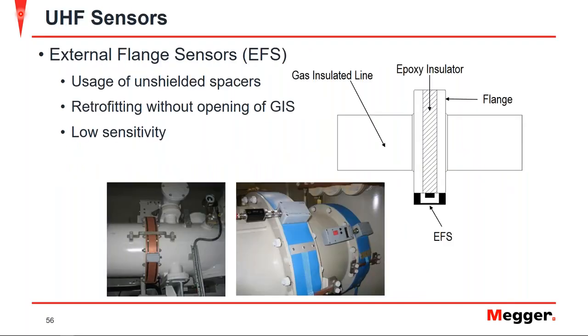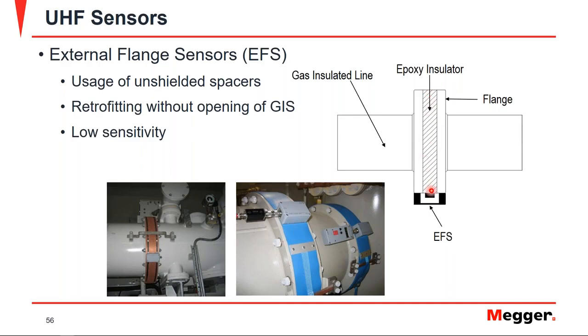And talking about those, here we have a couple of examples of UHF sensors, where first we have an example of the external flange sensor. Now, the external flange sensor is really good for retrofitting pre-existing GIS without opening it at all. So on GIS, you typically, on these connections here, have epoxy insulators. So you have your gas insulated line and your flange, but in the center of the flange, you typically have this epoxy strip. And we can't decouple the partial discharge activity through the metallic surface, because obviously that acts as our waveguide. So instead, we focus on these epoxy